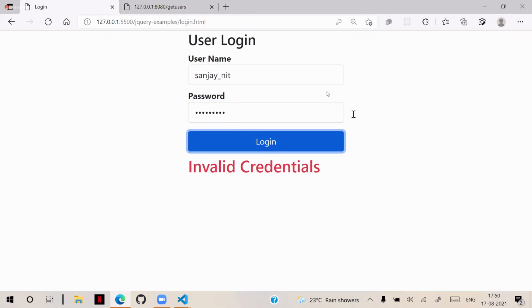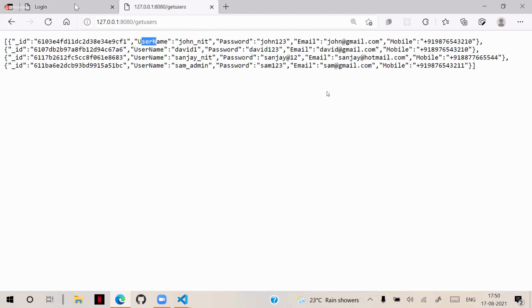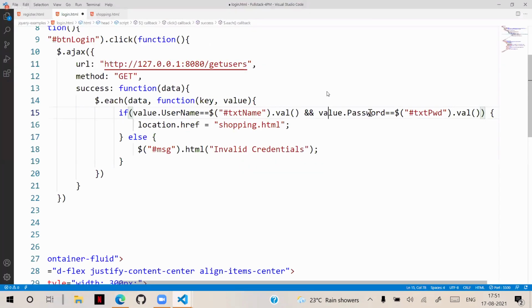So here, exactly how it is in the database. Properties are very important to configure. So that means I'm using value.password and value.username. Okay, property name is correct now. Let's refresh this and see.